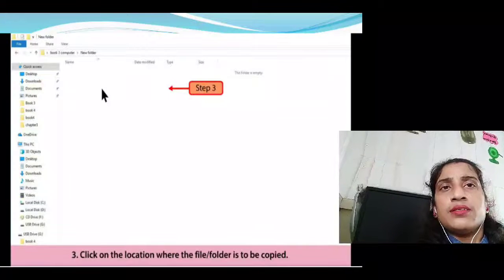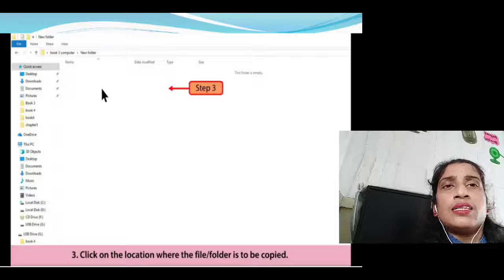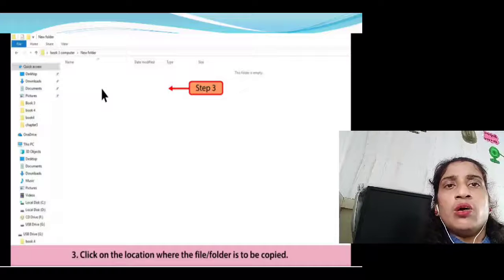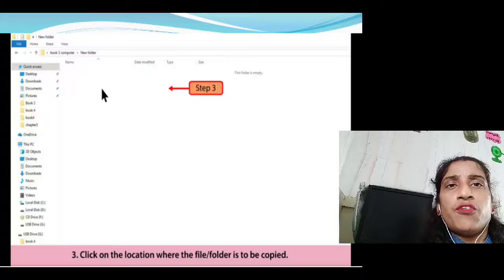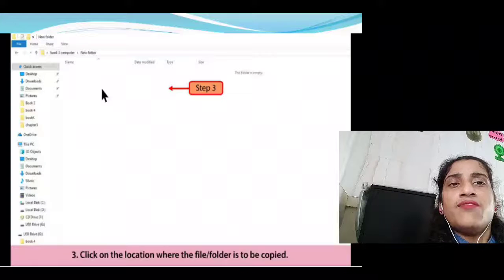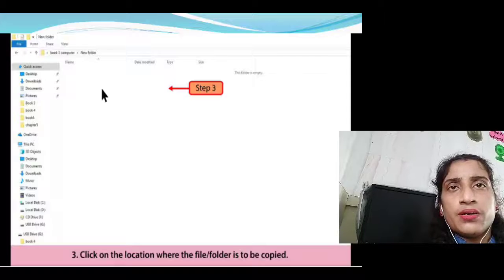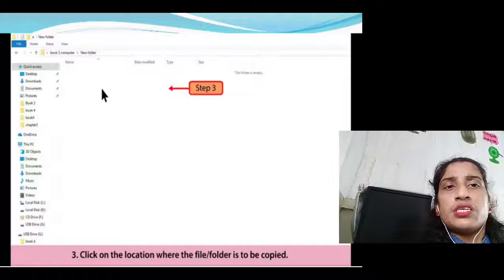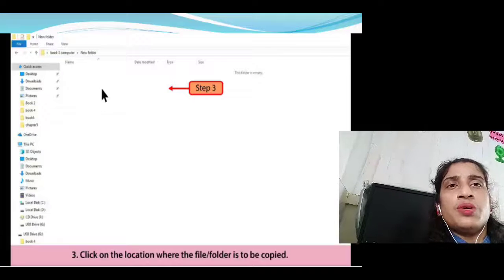Now third, when you select the copy option from the shortcut menu, a mini window appears, and you have to follow the third step: click on the location where the file or folder is to be copied.